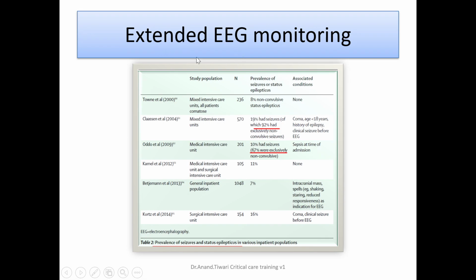So there is a role of extended EEG monitoring, and most of the ICUs should invest in this machine to get EEG monitoring. These are the various studies in 2014-15 which have shown that in medical intensive care, there's